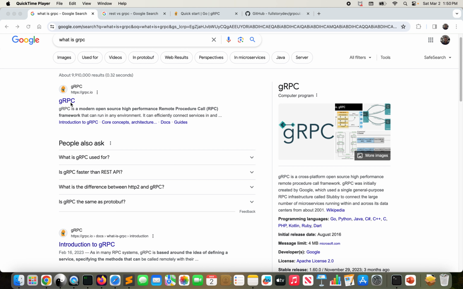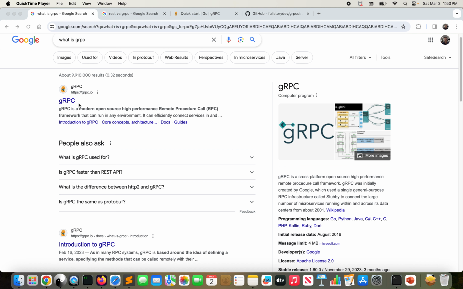So we are going to learn the gRPC concept today. This is, we can say, an advanced concept of Golang. This is of course not for the beginner, but we use gRPC in a microservices architecture. So let's try to understand what gRPC is, and we'll see a very basic gRPC server example,